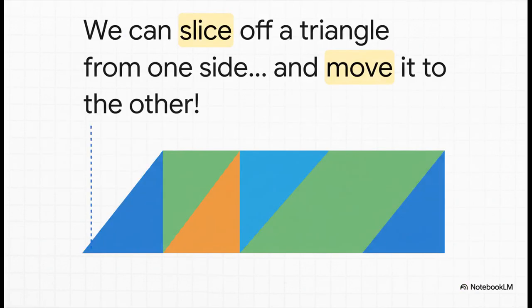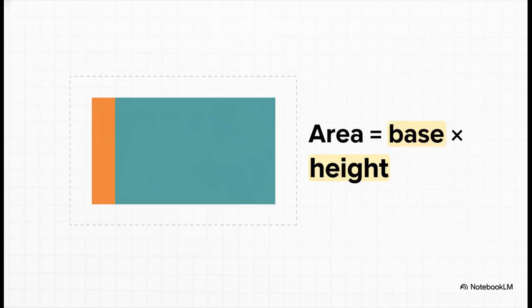Okay, here's the magic trick. We're going to slice off that little triangular piece from one end. Now, watch carefully. We're just going to slide it over to the other side and fit it right into that empty space. And there it is. It's a perfect rectangle. See? We didn't add anything, we didn't take anything away, we just rearranged the space. So the area of a parallelogram is simply its base times its height, just like the rectangle it was disguised